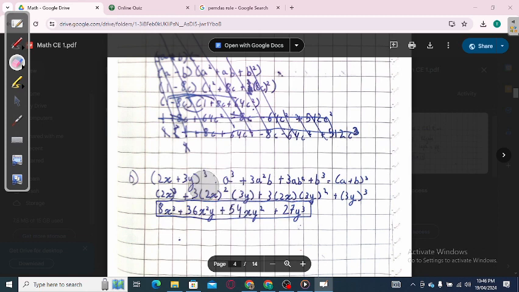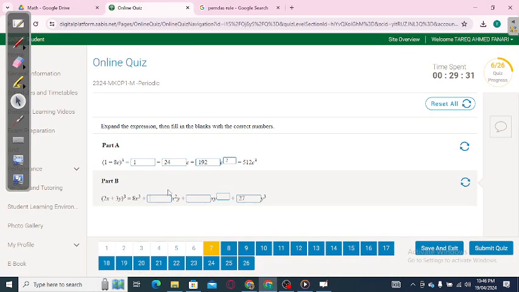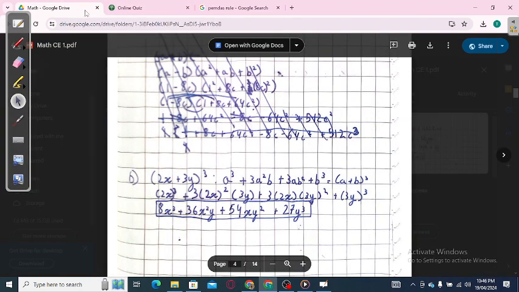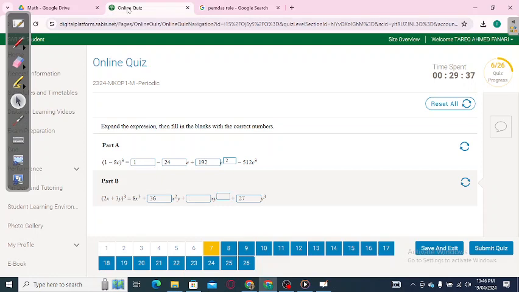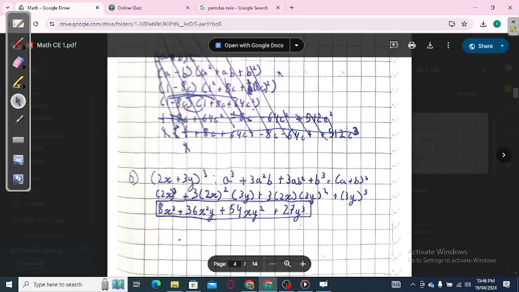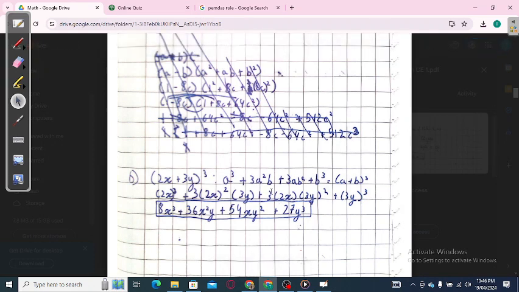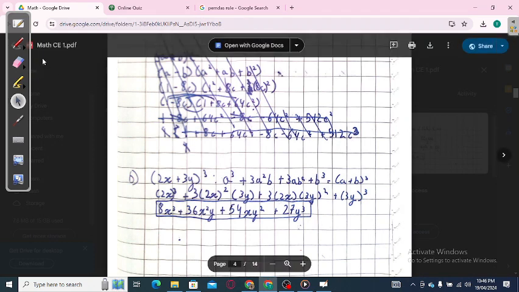Now the variables will be given in the exam itself, as you can see they did. So 36, you might not need to worry about these much, but if this was a written part question, they probably will not. So you will have to not forget these. Now part B, we're not done yet with it. So now we're done with the a cubed and the 3a squared b. Now it's, sorry for that extremely large checkmark,